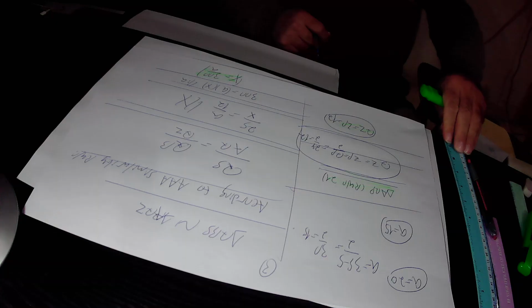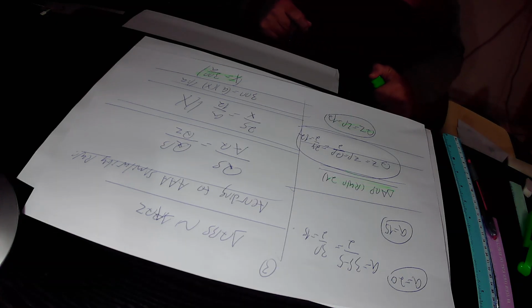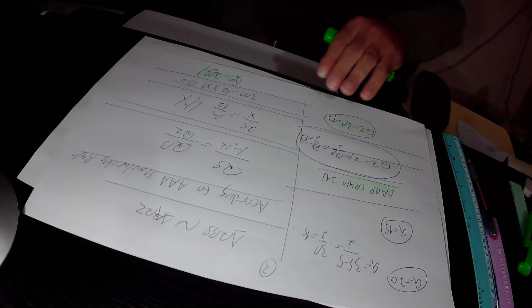So you have to find out what is the real value of A. Maybe A could be equal to 20 and 15 because we have two solutions for A. Maybe we have only one solution for A. A could be equal to either 15 or 20. So in order to find out what is the real value of A,